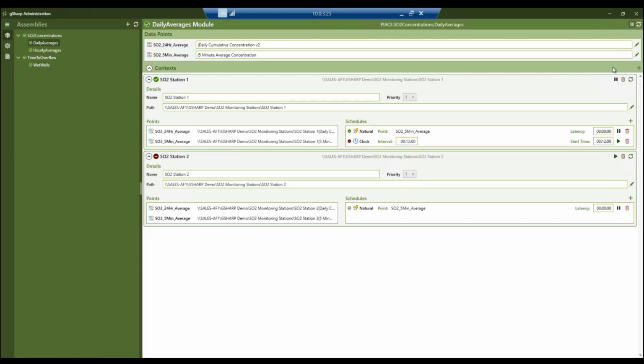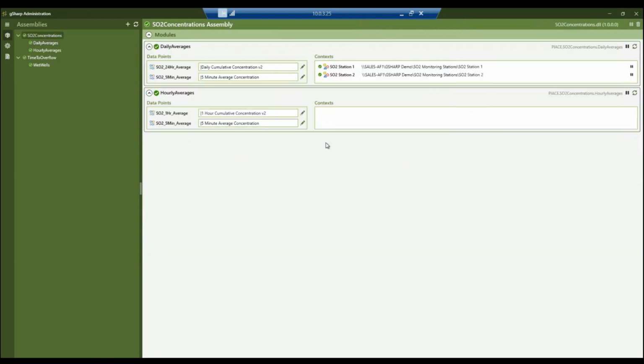When we restart it, gSharp will remember that, in this case, SO2 Station 2 was already stopped. It's not going to restart it until we're ready to do so. And you can also do that at the assembly level. So again, you can stop individual modules, which will stop just that module, or you can stop the entire assembly.